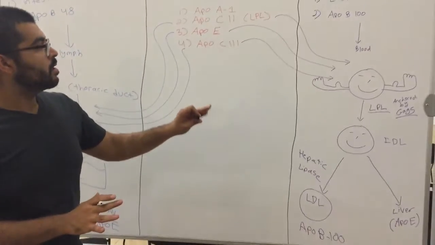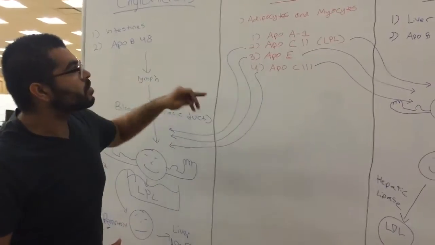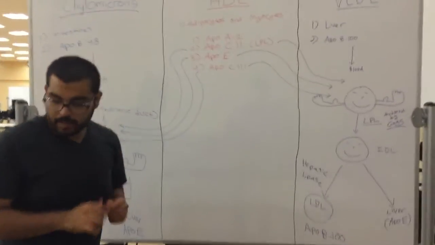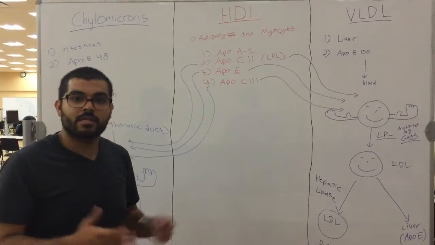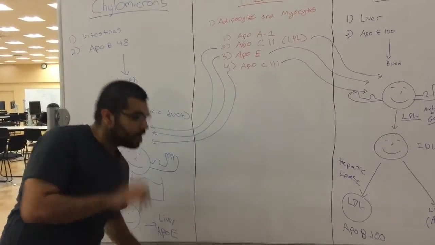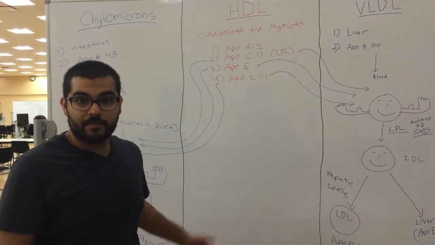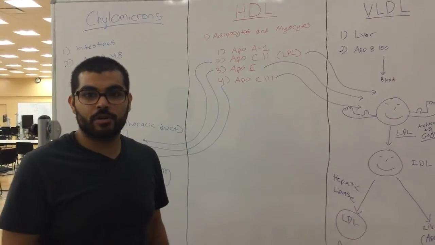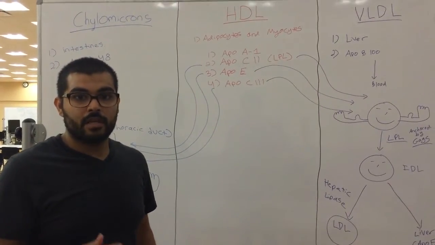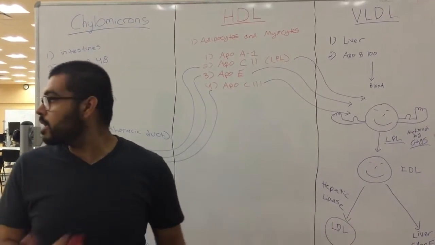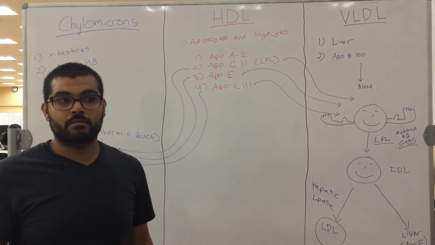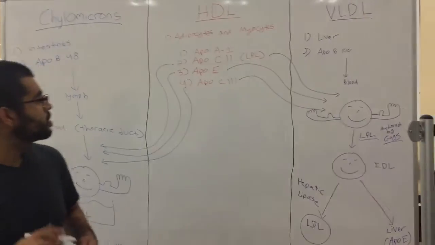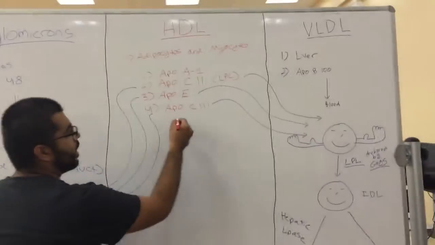ApoB100. So, we just discussed chylomicrons, we discussed VLDL, we discussed how they interact with HDL. Now, let's do a little bit about what HDL does, because that's also very important. HDL, as we mentioned earlier, or I think I haven't mentioned that yet, but HDL is a reverse cholesterol transporter. Okay? Its job is to take cholesterol from cells or from anywhere, even from oxidized macrophages or any place it can, and it's going to transport it back. So, when HDL enters the blood,